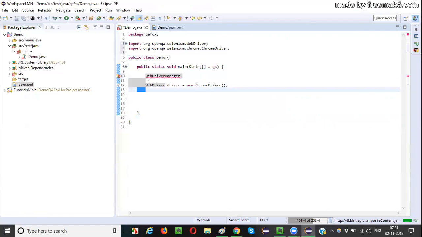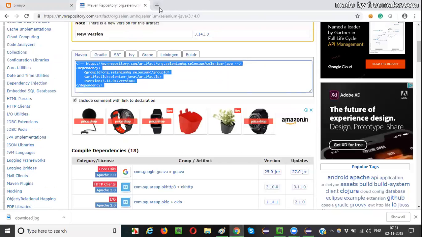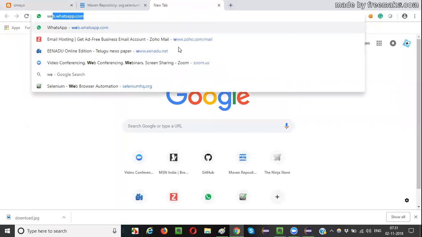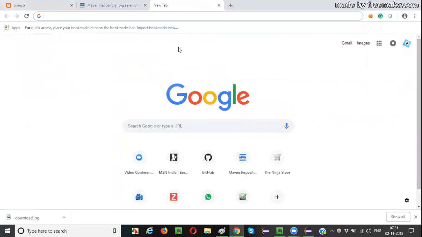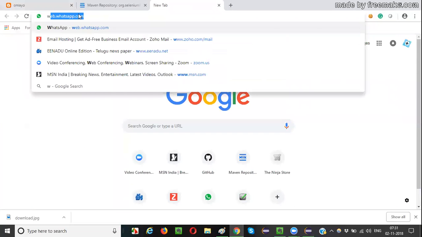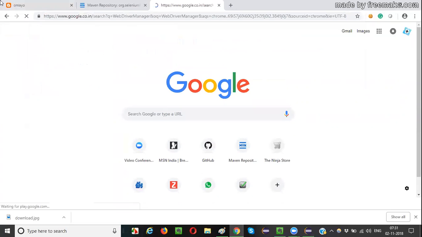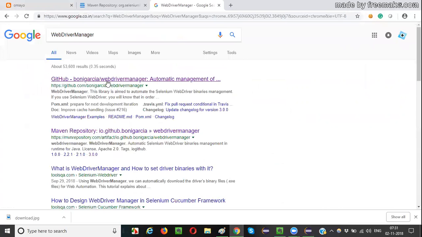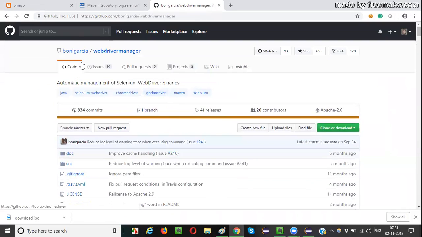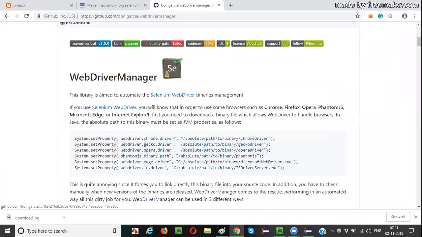Similar to Selenium, you have to download the WebDriver manager also. Just search for WebDriver manager in Google. You'll get the first link from Boni Garcia, GitHub Boni Garcia. Open this link. A detailed GitHub page will be there. Scroll down.